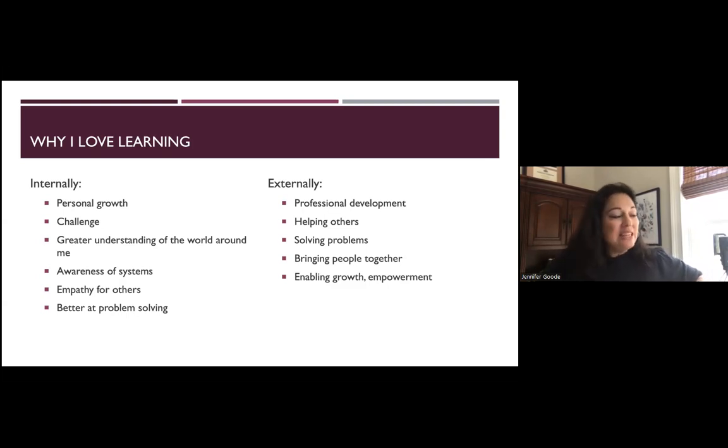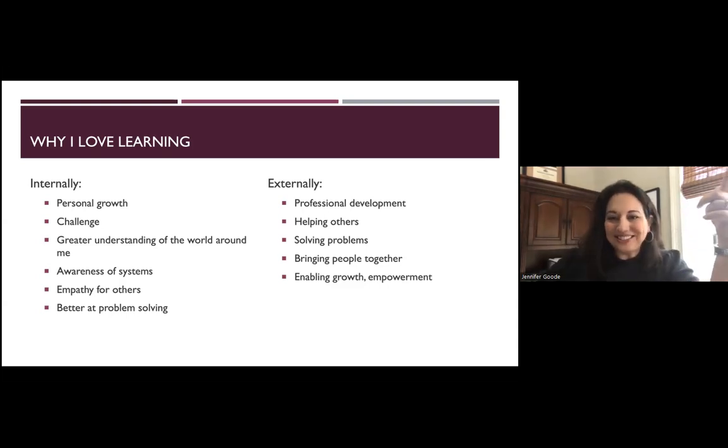I think empathy is huge. And so learning about people brings me a better awareness and helps me to grow in empathy for them and help to serve them. And it makes me a better problem solver. Like, okay, I see that this group needs help with this. How can I be of assistance to them? How can I solve their problem? How can I lean into that? So that's what it does internally to me. That's what's playing around in this head.